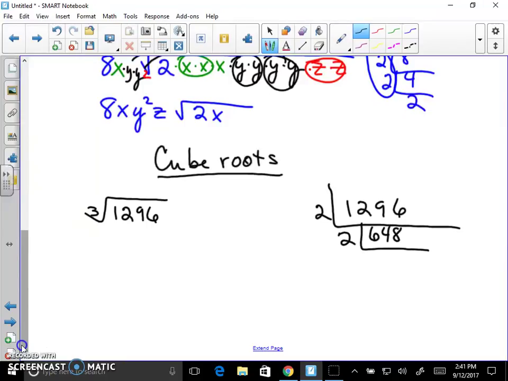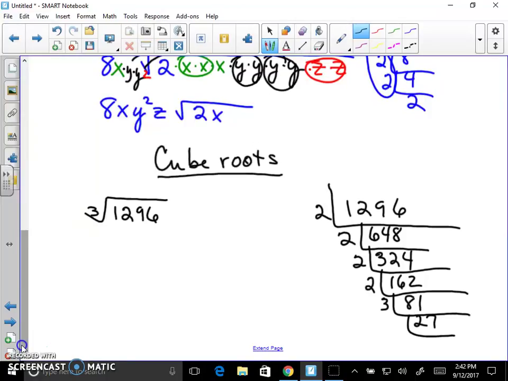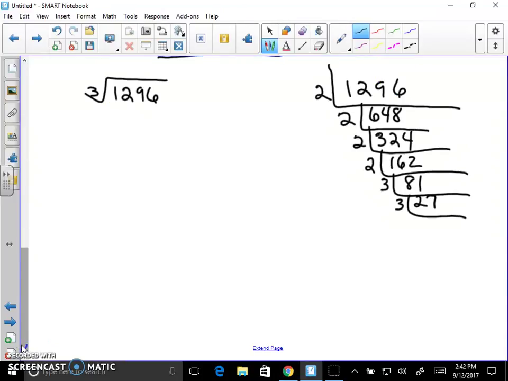Divide by 2 is 324. Divide by 2 is 162. By 2 is 81. By 3 is 27. 3, it's a long one, 9,